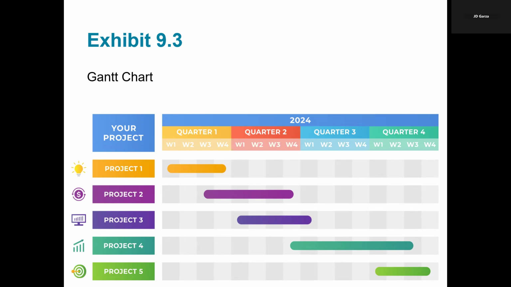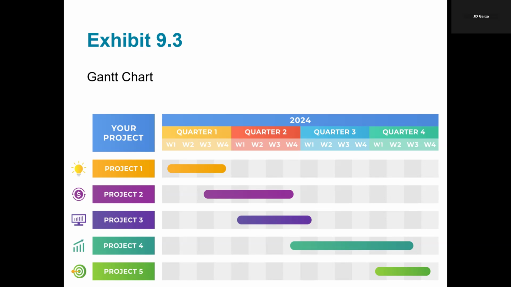How's that? Clarity in organization, meaning that it transforms complex projects into a clear visual roadmap, making it easy to see task sequences, dependencies, even timelines. This simplifies understanding for all the team members and stakeholders. Efficient resource allocation, meaning that mapping out the start and end dates of each task helps managers allocate resources optimally, also ensuring that personnel, materials, and equipment are available when needed.